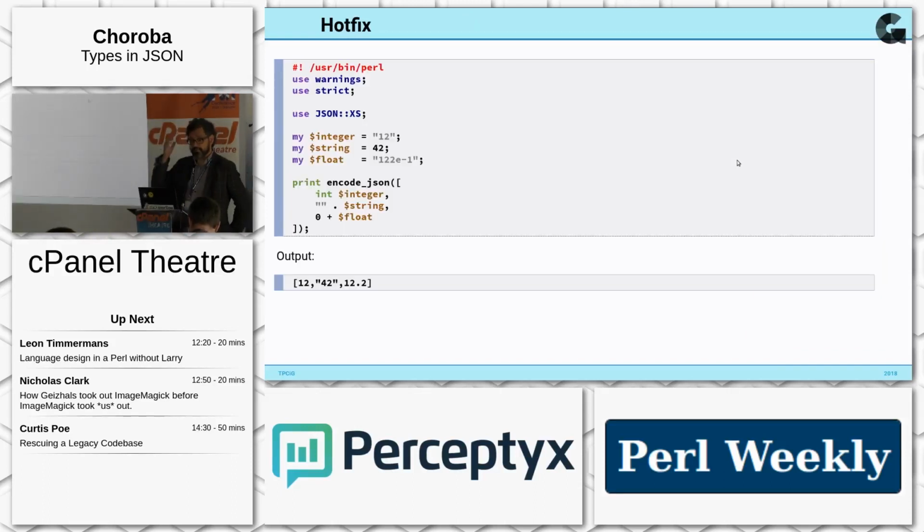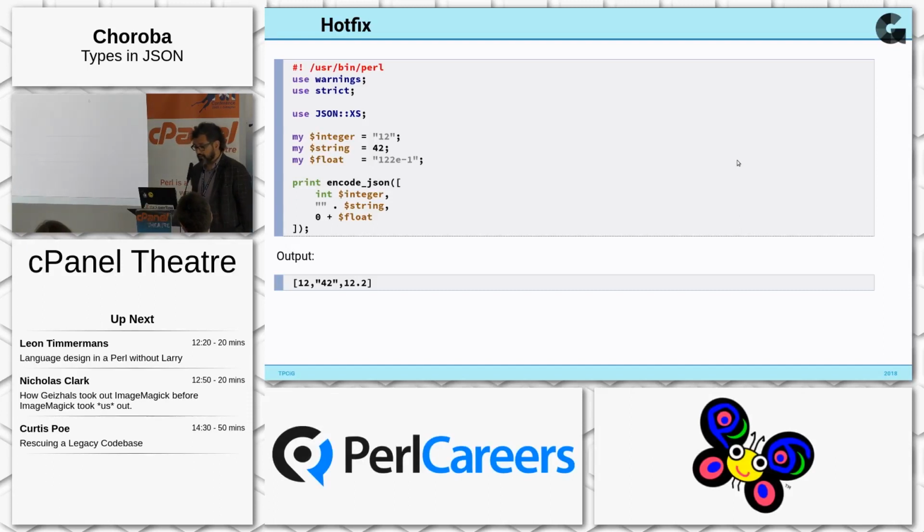So the original idea was to use just a quick hotfix so we can upgrade everything and not block the upgrade, something like that. So you can see that we have integer, string, and float that are of a wrong type, and to encode them to the correct types, we just call int on integers, concatenate them to an empty string for strings, and add them to 0 for floats. This fixes the problem,